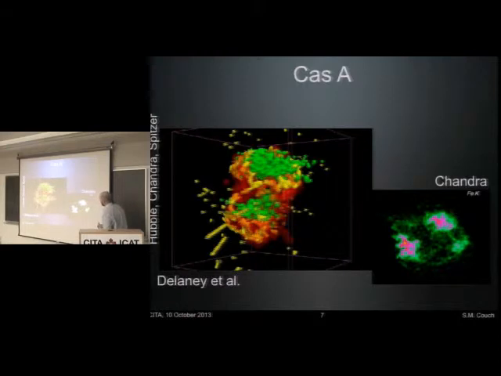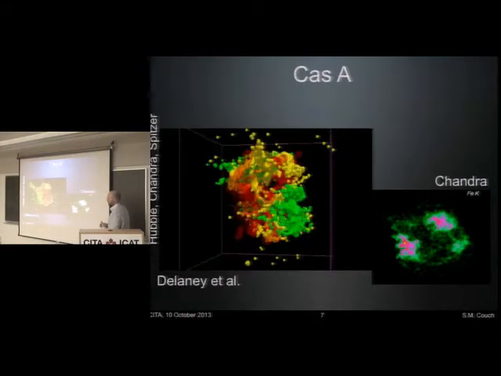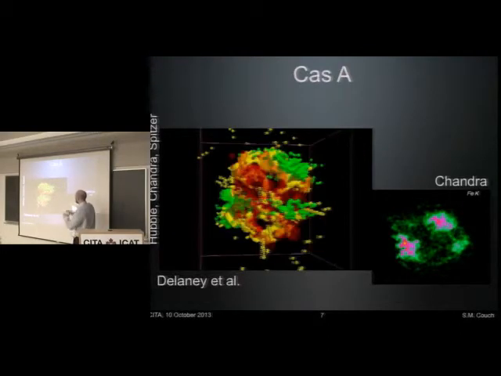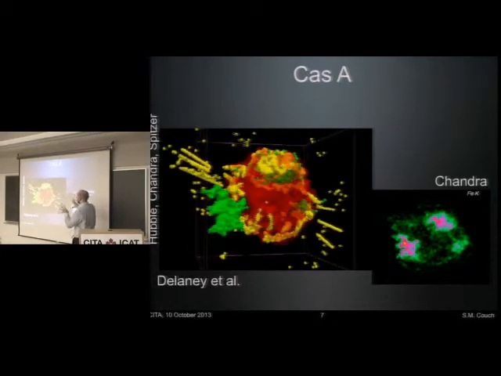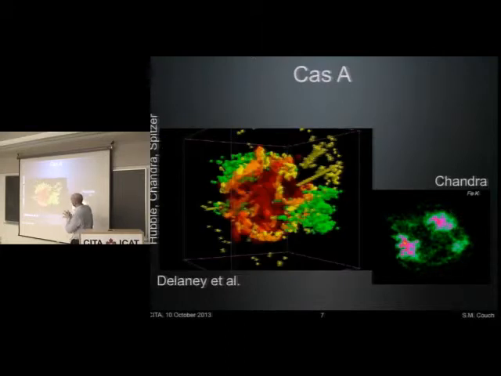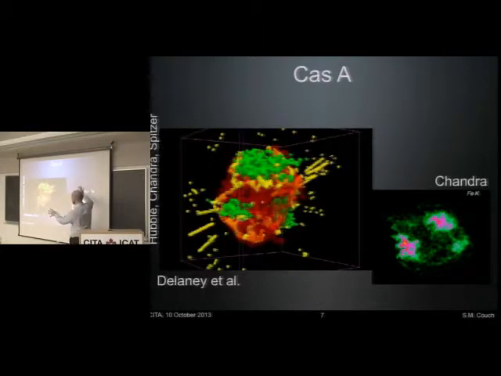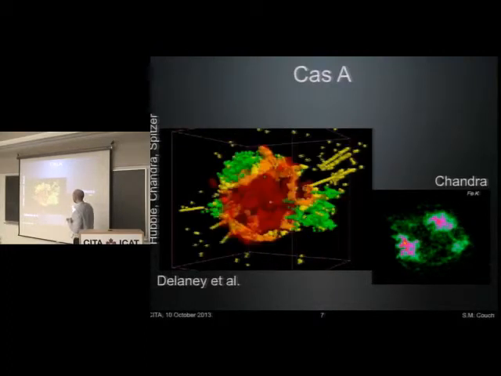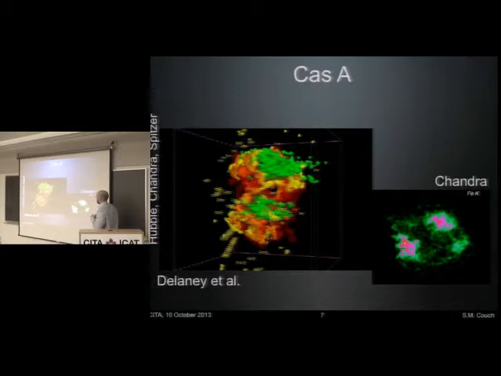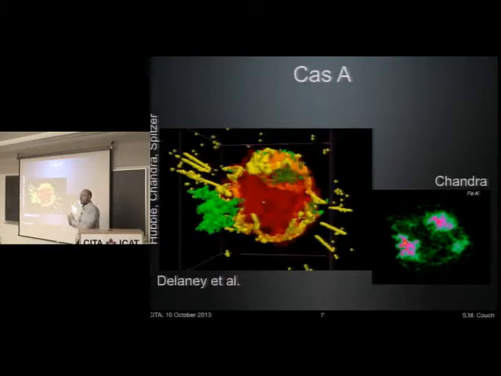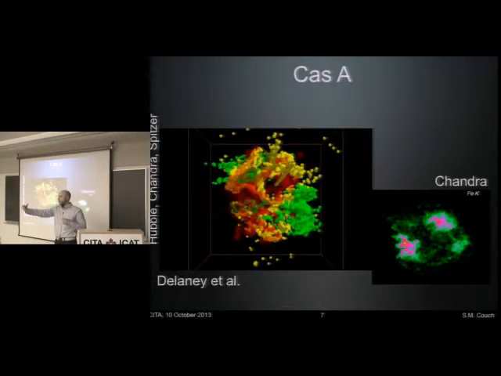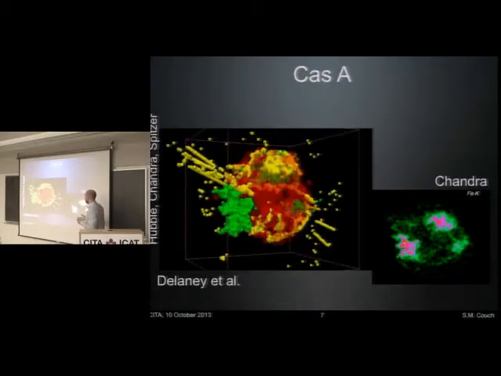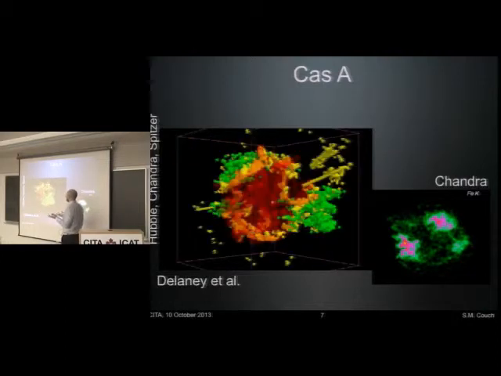And marked as the sphere is the compact remnant, probably a neutron star, but a black hole wasn't ruled out. So what we see is definite asymmetry, and there's these what have been called jets, which is sort of unfortunate nomenclature for these objects, but that's what they're called, are these jets of silicon. And what we see is clear evidence for overturn. There are heavy elements, silicon, iron, at higher radial velocities than lighter elements, carbon, oxygen, etc. So there is definitely overturn in the evolution of this progenitor.